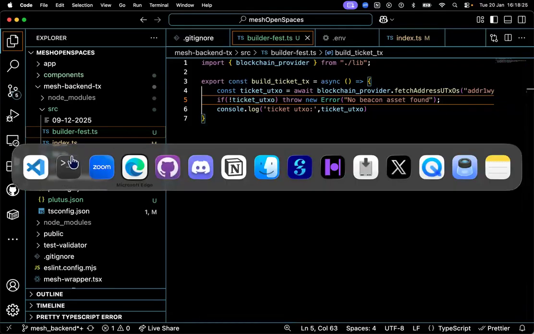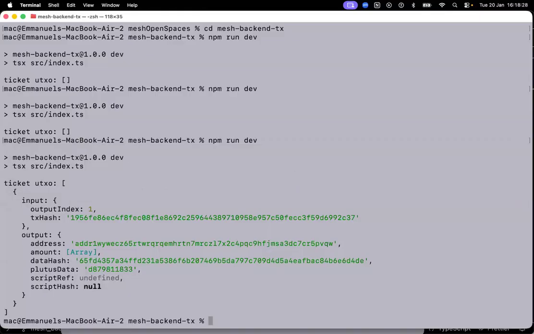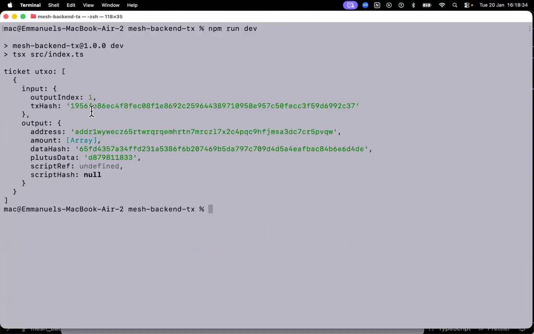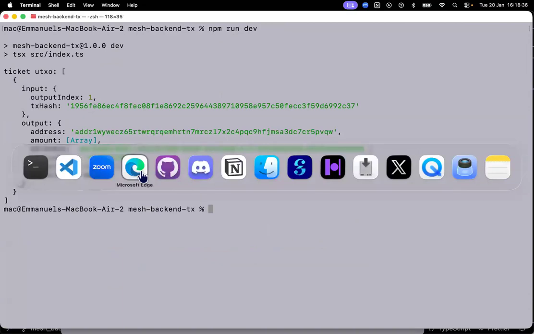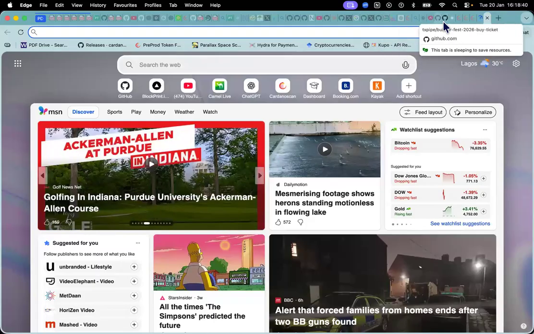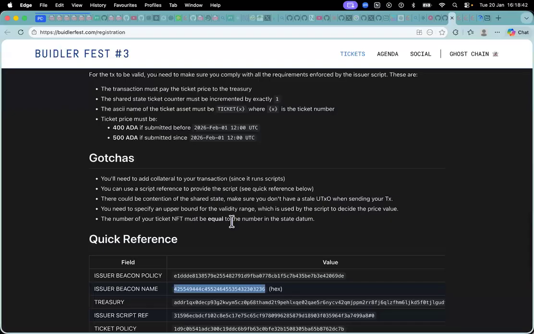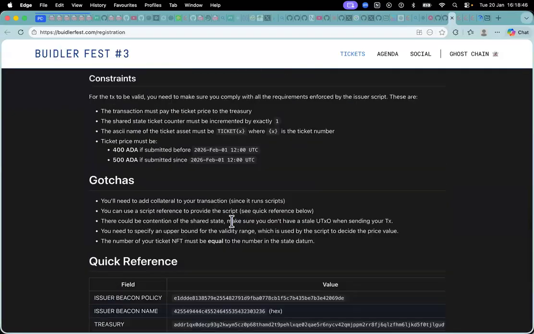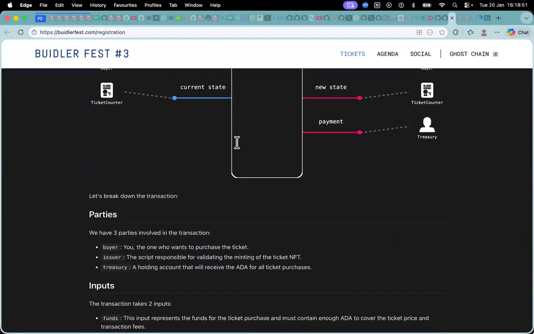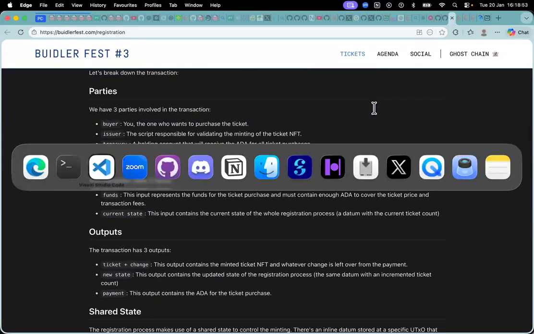So yeah, that's fine. Okay, so we need an input to this, and let me just go ahead and create the TX builder.